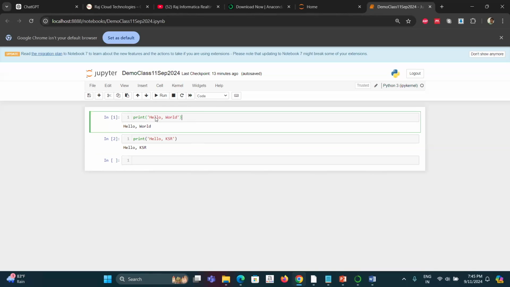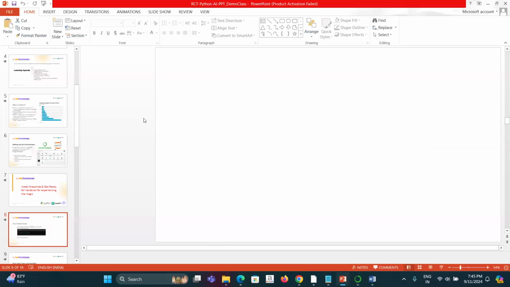The lines of code will get executed and you will see some output. That output is based on whatever you have said. In this case, it is the print command that we have used, and hence it has printed whatever you wanted to print. In this case, it is hello world. In this case, it is hello KSR. That's what I wanted to print, and it has got printed, right?